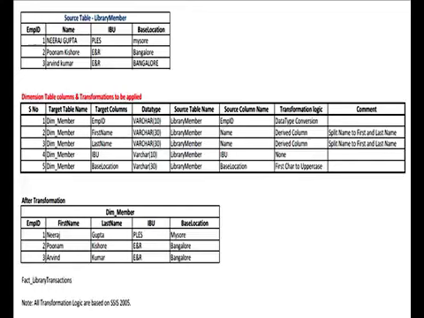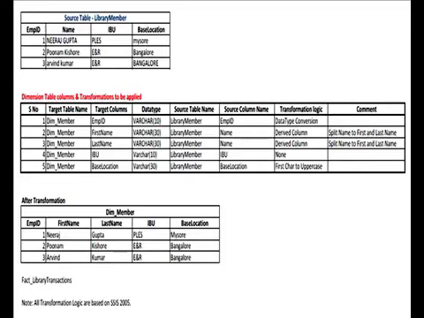The last two attributes in dim_member are IBU and base location, and the corresponding source columns for these are the IBU column of library member and the base location column of library member. For the column base location, the transformation logic that we are applying is the first character to be in uppercase.